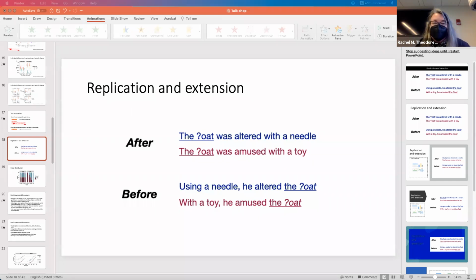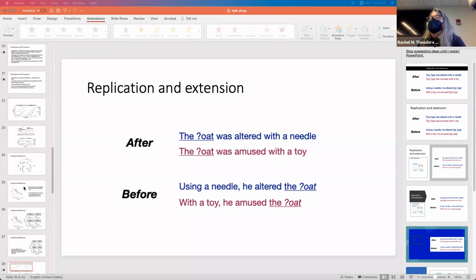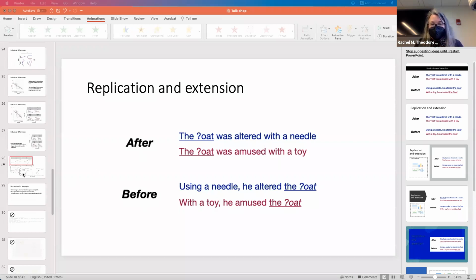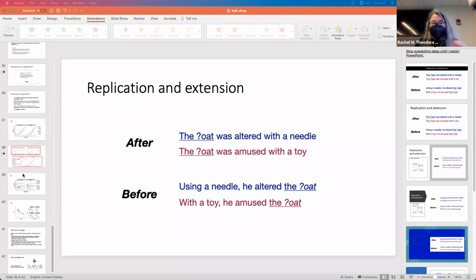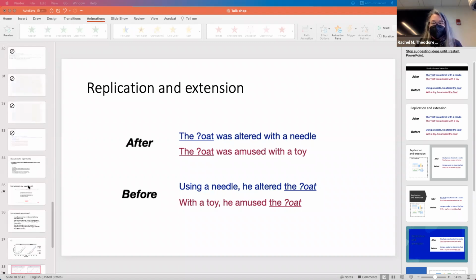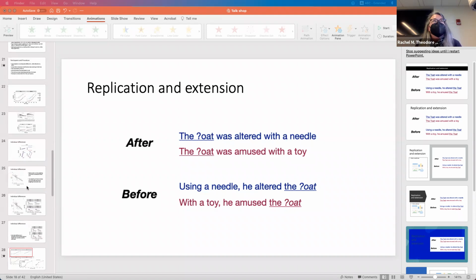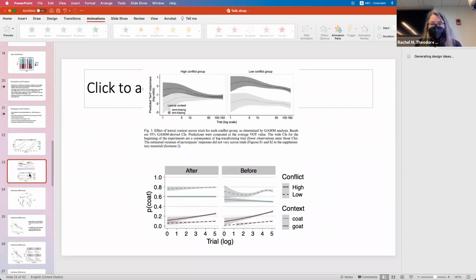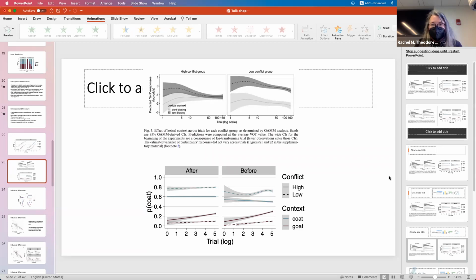But my question for the room is, what got us most excited about this paradigm was that learning over time, the dynamic reweighting of your reliance on these cues as a function of conflict in the input. Nicole's two studies with single words don't show that effect. Kaidi's got two high-powered studies here that don't show that effect. To some degree, I'm at a loss. What could explain this conflict effect if it's not learning over time? We've now got four studies with collectively maybe 600 participants, and we're just not seeing that.